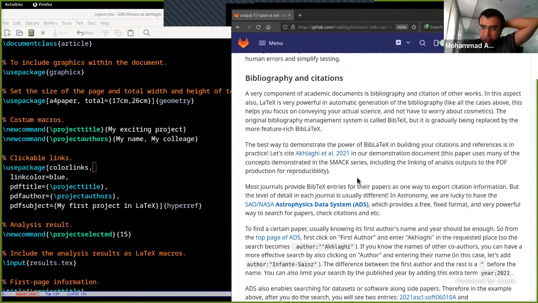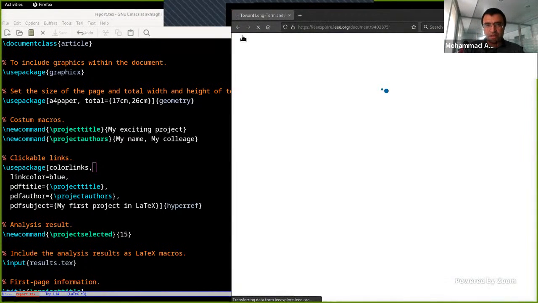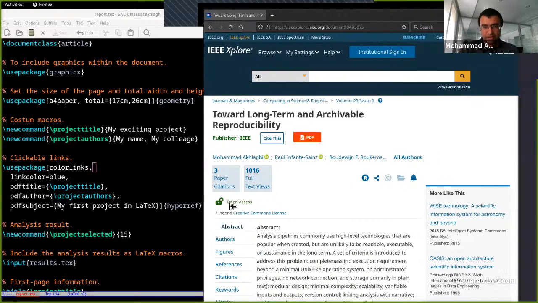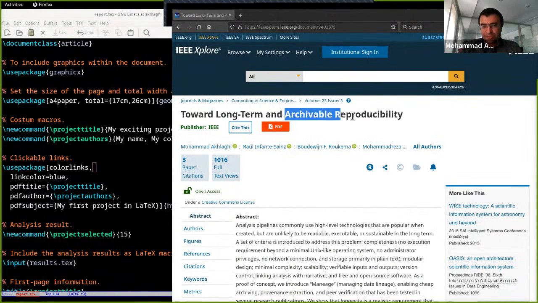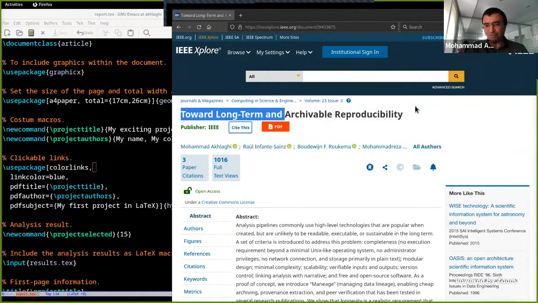So to demonstrate citation, let's just cite, for example, this paper. This is one paper that I wrote last year. It was published last year, and it's on a similar subject. So it's effectively how to make your research archivable and reproducible. Because it's exactly related to this type of work, because in the long term, as you'll see in the